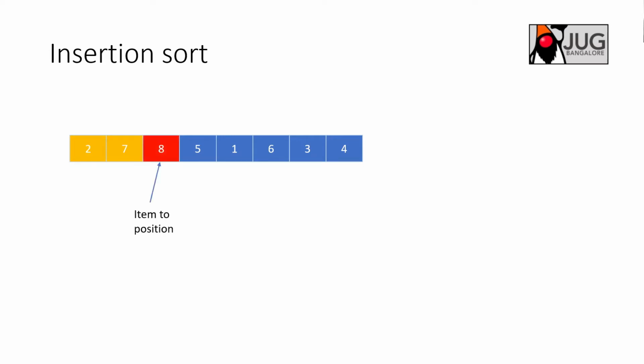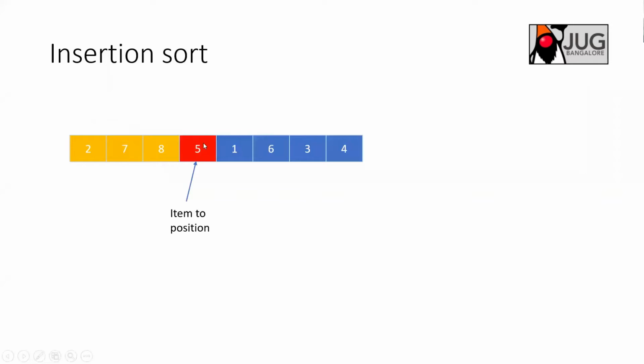Then 8 is again compared with the 7, and you realize that it is not less, it is greater. 7 is less, so 8 is at the right place. So you place 8 in the same place, because you no need to go and compare again with the 2. You know that this set is already sorted, and you are comparing with the last element. If the last element itself is less, that means the remaining elements are even lesser than that. So you don't need to go beyond, and you place that element in the same place. Now you have 2, 7, 8 as sorted, and the remaining elements are still unsorted. Then again you pick the next element,